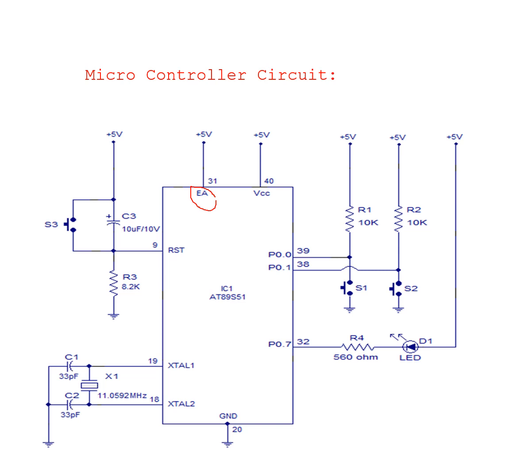Then there is a reset circuit. Reset circuit means a resistor and a capacitor. Manual reset means a push button switch is connected across the capacitor. So what is a reset circuit? You need here a 1 for a little time, for a fraction of a microsecond. So when 1 is coming here, the microcontroller will be reset. When 1 is not there, the microcontroller is ready to work, and the crystal is connected here.